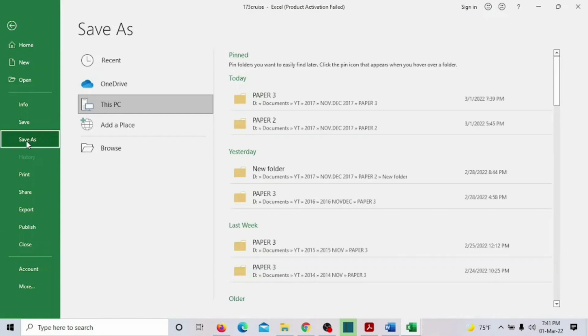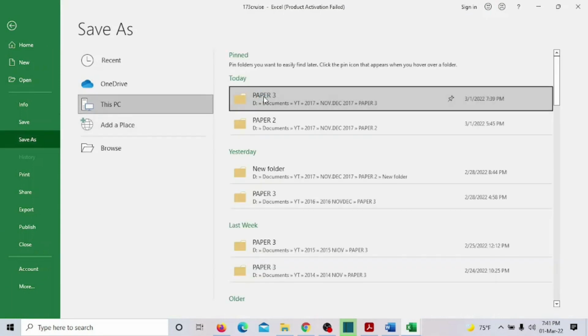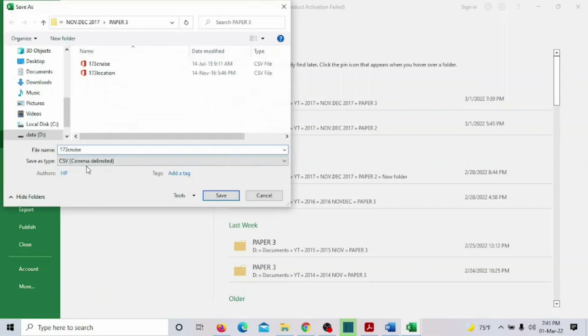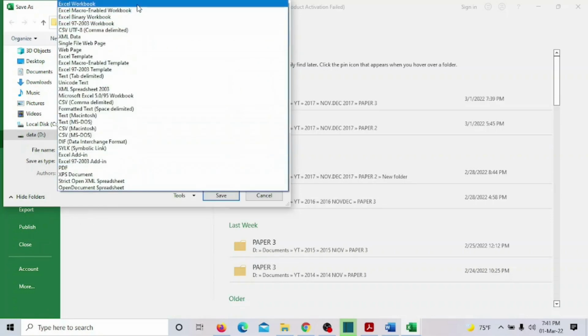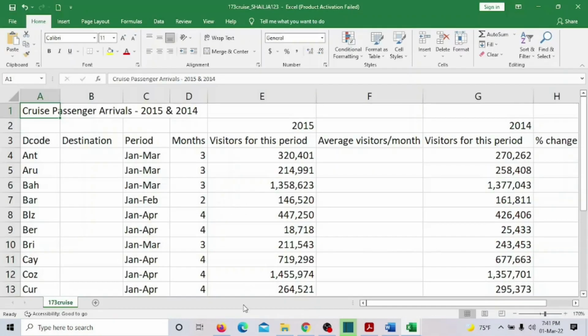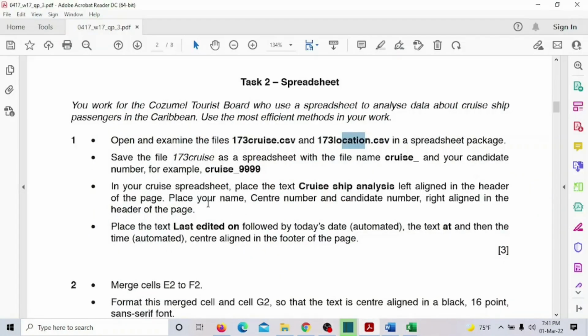File save as. In paper 3 only we have to save, and here is the cruise underscore candidate number. Okay, and save as spreadsheet Excel workbook. Done. Now next,